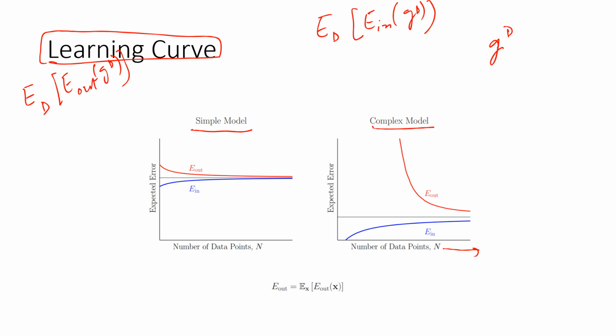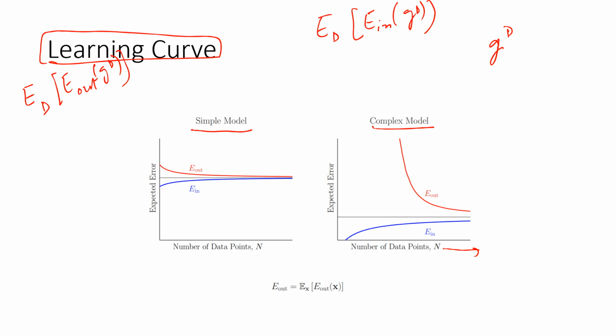A simple model is somewhat similar to what H0 was. A complex model will have more parameters and more ways of modeling things, right? If you notice, for the simple model, the curves are nothing but the expected error essentially, right? The learning curves converge quickly to the smallest possible expected error.